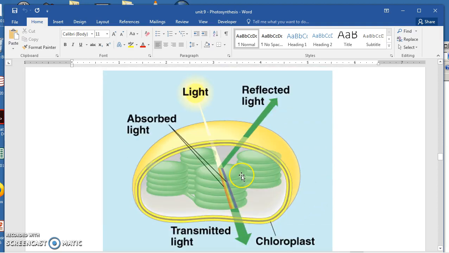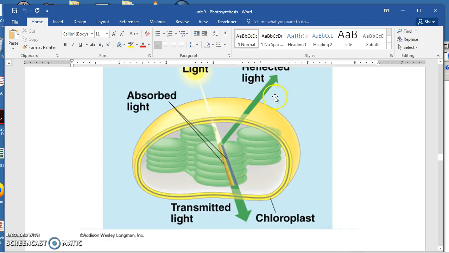When light hits the chlorophyll molecules in the thylakoids, much of the light is absorbed. As I mentioned, the green light is reflected. That's why we see plants as being green, the leaves and the photosynthetic parts. And some of those wavelengths are captured by the chlorophyll and are used to drive reactions, and some can